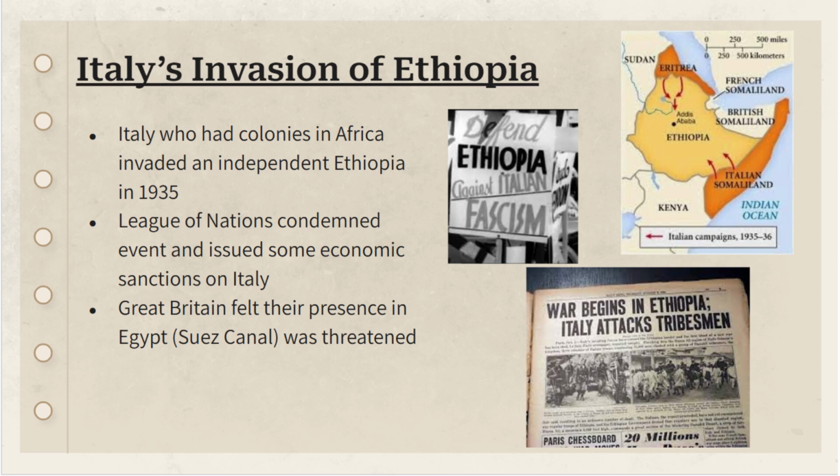Meanwhile, while all that's going on, Mussolini is invading Ethiopia. So, though the League of Nations condemns the action, they actually can't stop it. Nobody's willing to put forth any kind of military control to stop Mussolini from doing this. And what happens is it shows that the League of Nations is really pretty weak and won't step up to take action against aggression.